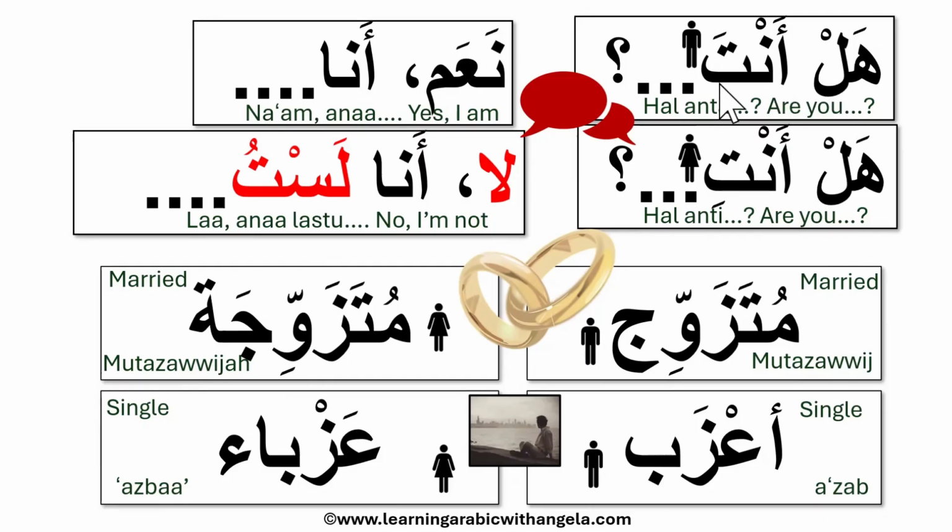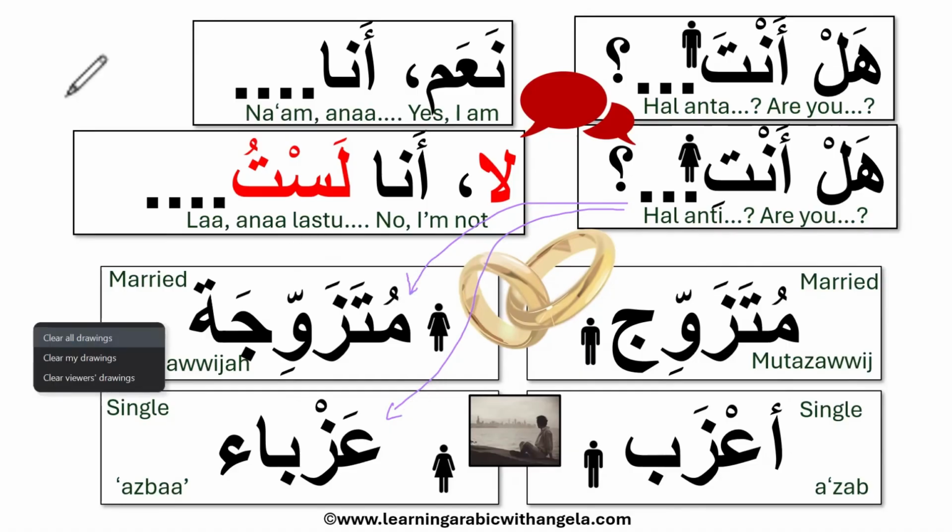هل plus the pronoun أنت for the masculine. So هل أنت, and then we're going to combine that with متزوج or أعزب. Are you married or single? هل أنت متزوج؟ Are you married? هل أنت أعزب؟ Are you single? In the feminine, we're going to do the same thing, but we're going to change the pronoun, هل أنتِ, you in the feminine. So هل أنتِ, and then متزوجة or هل أنتِ عزباء. هل أنتِ متزوجة؟ هل أنتِ عزباء؟